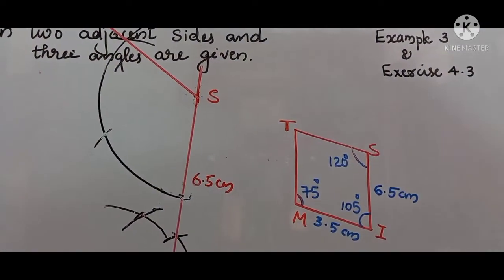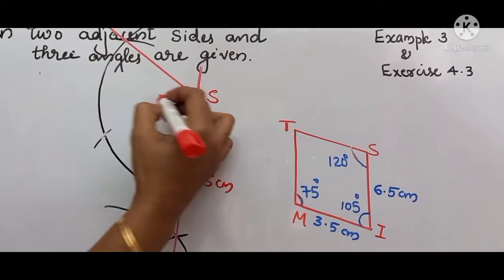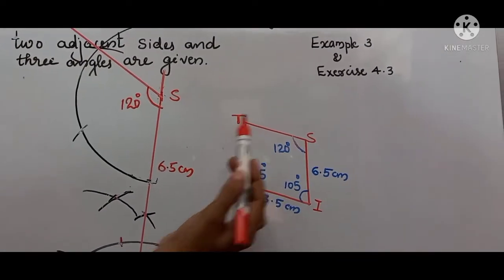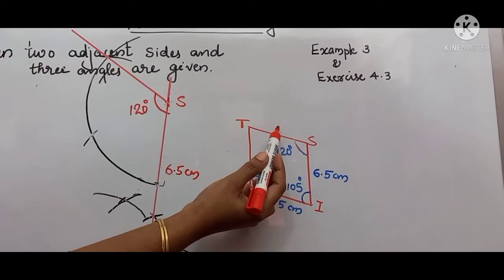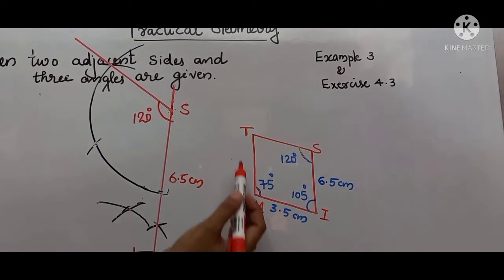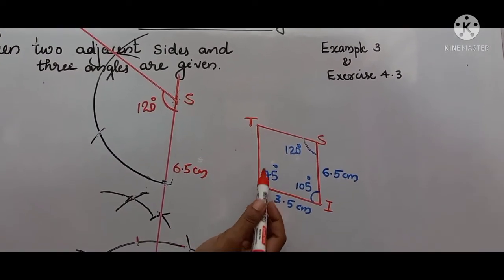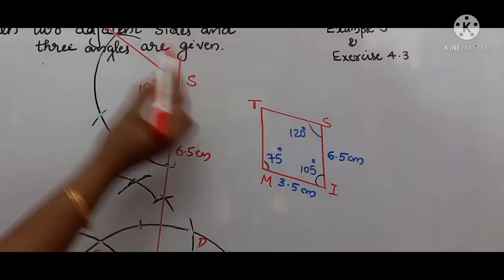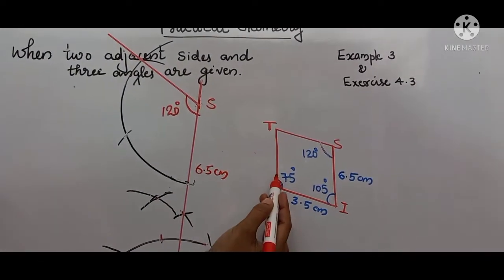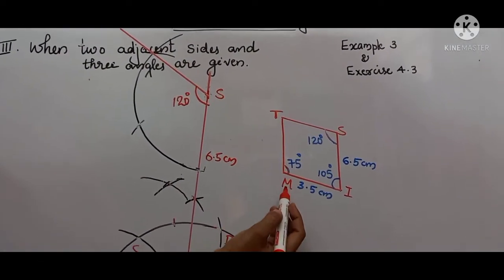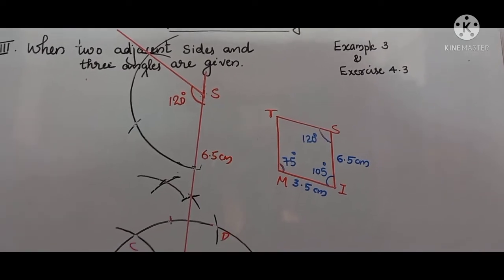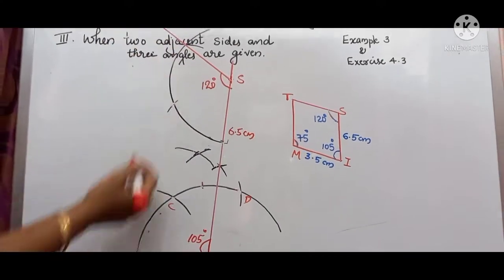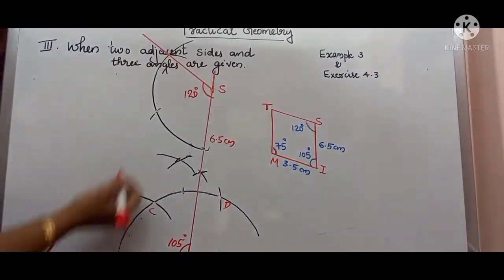Okay, then again here we have drawn the 120 degree angle that we can write here, and next is our point T. We have to find the point T. There is no measurement given here, and here also it is empty, no measurement is given. So we have to find this point T, and we have to construct 75 degree on M. Angle M is equal to 75 degree. That 75 we have to construct here. After that, this 75 and 120 degree, these angles' lines will meet at a point.